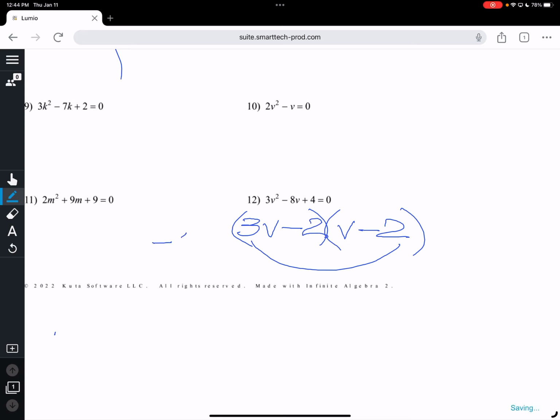3 times negative 2 is negative 6. 2 times negative 2 gives us negative 2. When we add 2 negatives, we get a negative 8v, which is the middle number. Yes, when we multiply, we get a positive. But when we add, we need to get a negative because it says so right there. So when we solve to find our answers,